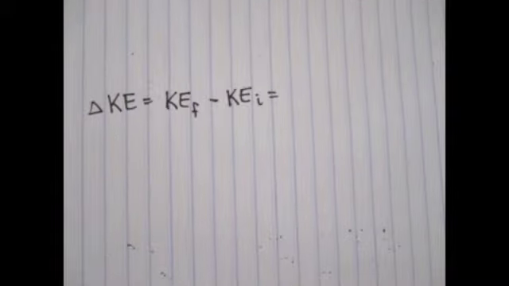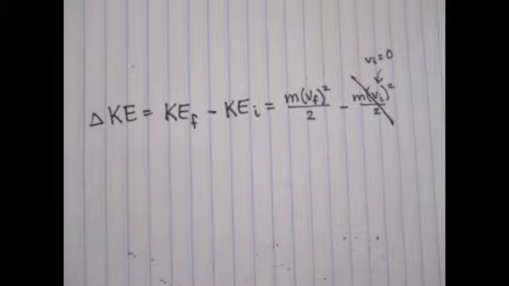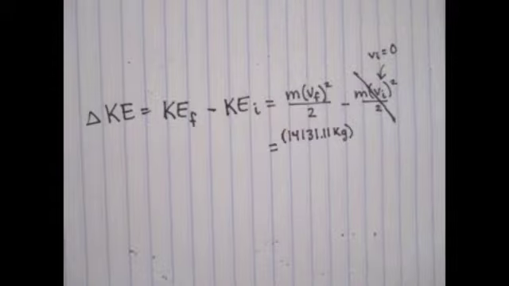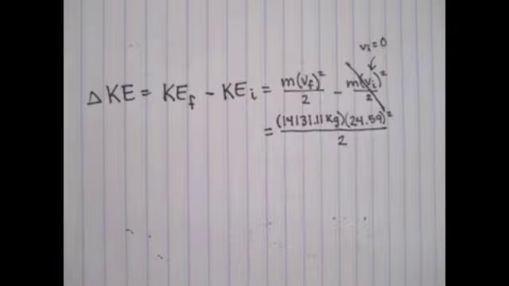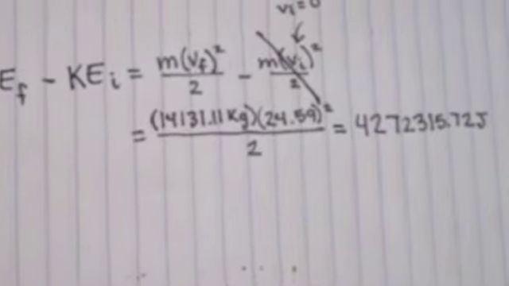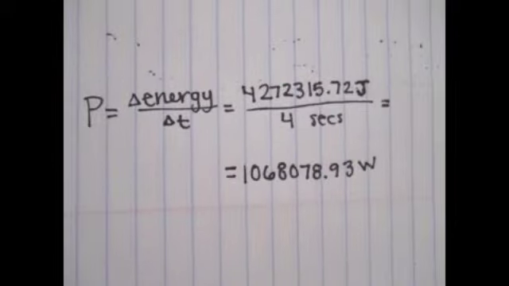The change in KE equals KE final minus KE initial, which equals the KE equation using final velocity minus the KE equation using initial velocity. Since the initial velocity equals 0, we just use the final velocity KE equation, which equals 14,131.11 kilograms times 24.59 squared divided by 2, which equals 4,272,315.72 joules. Now that we found the change of energy, we need to divide that by the change of time, which is 4 seconds, which equals